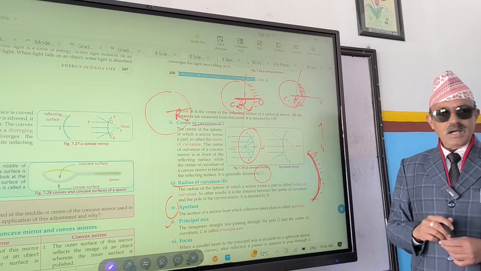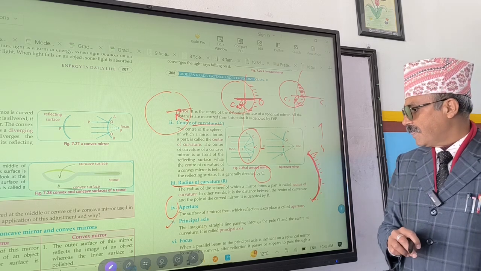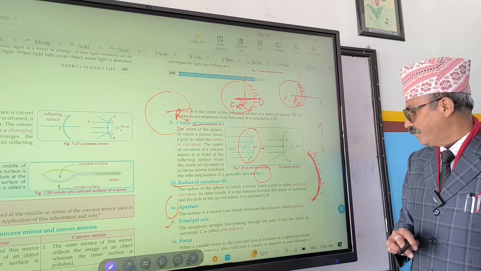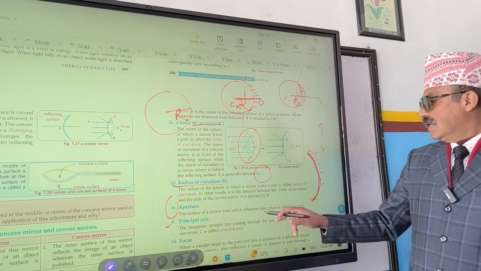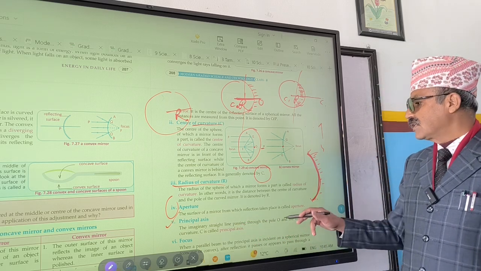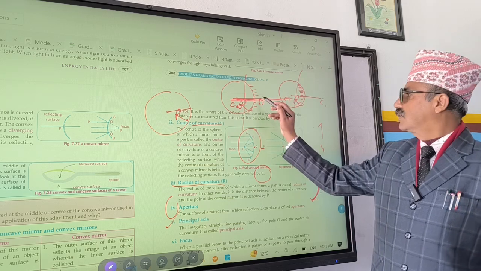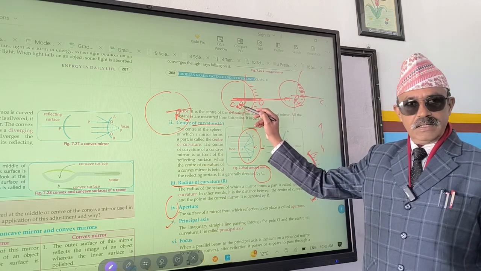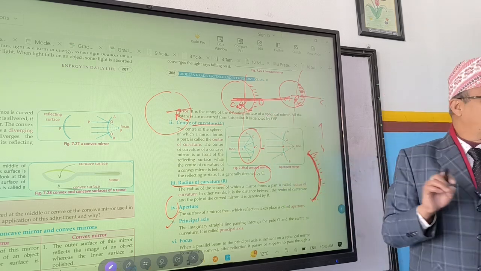Point number 5. Principal axis. How do you define principal axis? An imaginary straight line passing through the pole and the center of curvature C is called the principal axis. So this distance is called radius, and the imaginary line that passes through, that line is called